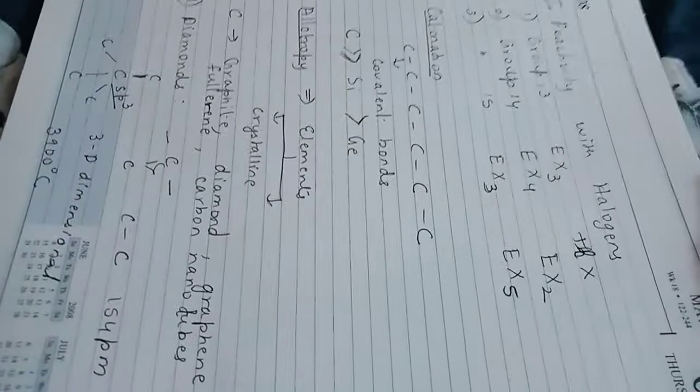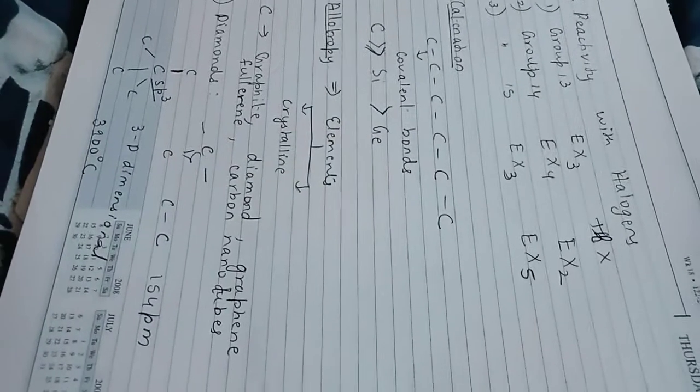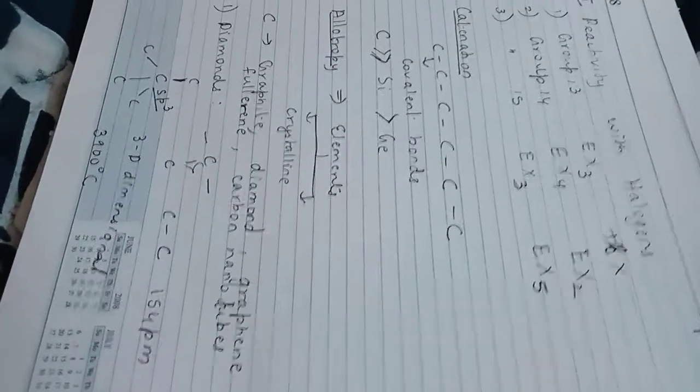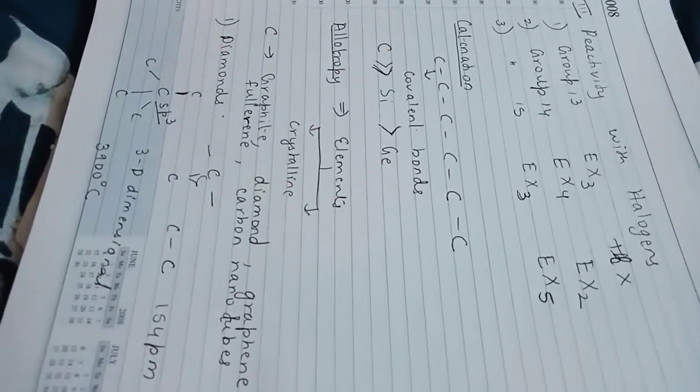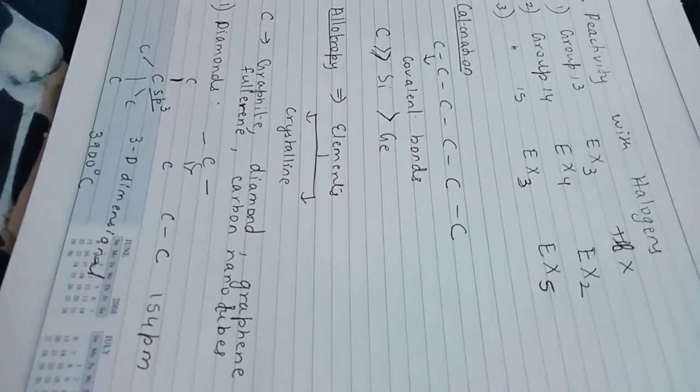Let me clear some more points. Diamond, where is it used? Specially used in jewelry. Other than that, it is used in cutting glass. It is used in drilling holes in tools. Fine machinery tools have holes drilled in them using diamonds. So these are the specific characteristics of diamond. What will you remember about diamond?